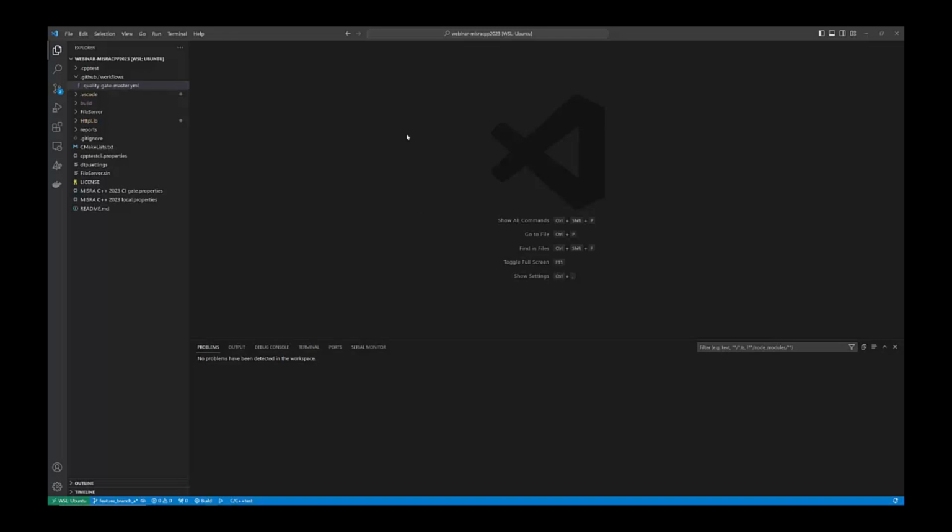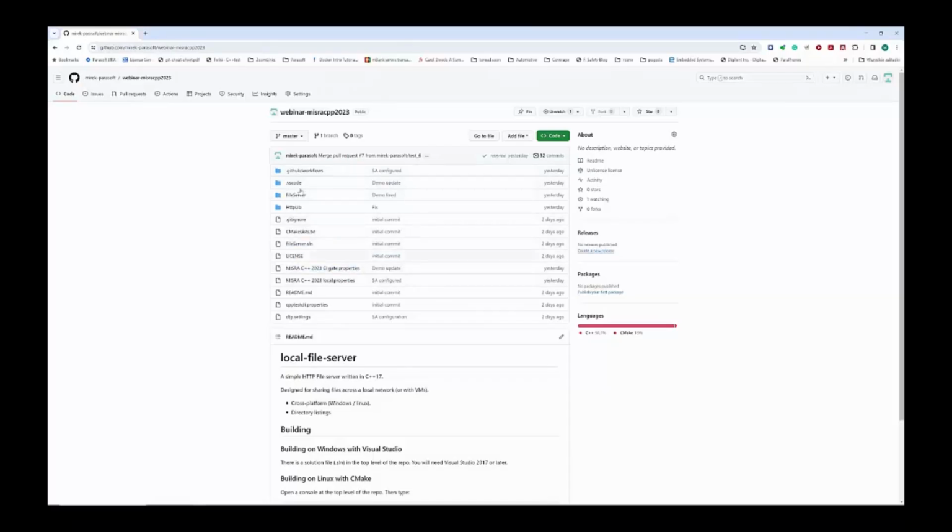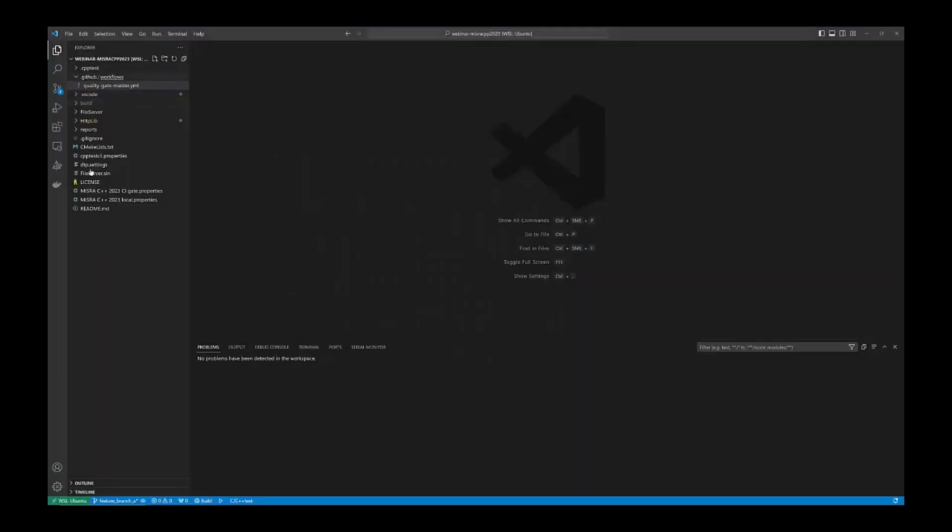I'm using VS Code, and I already have a local clone of my GitHub repository here. I'm working on a feature branch trying to implement new functionality for my system. Per business agreement, my project has to comply with MISRA C++ 2023.